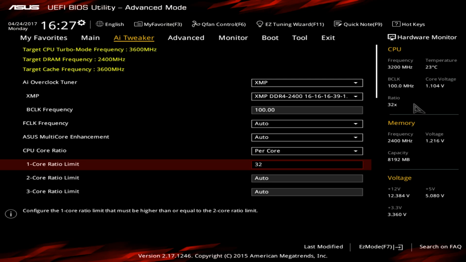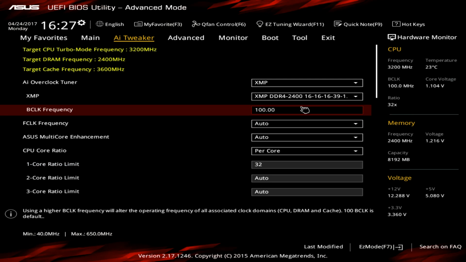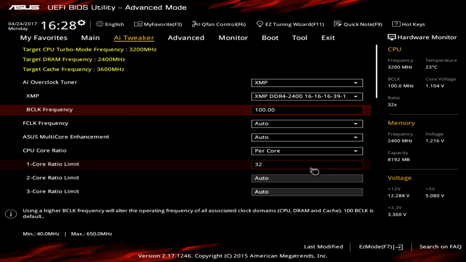You'll notice on the right that it's right in there, so just type that and you'll be just fine. Now you see our target CPU turbo mode frequency, it's 32 because it's 100 base clock times 32, and it's